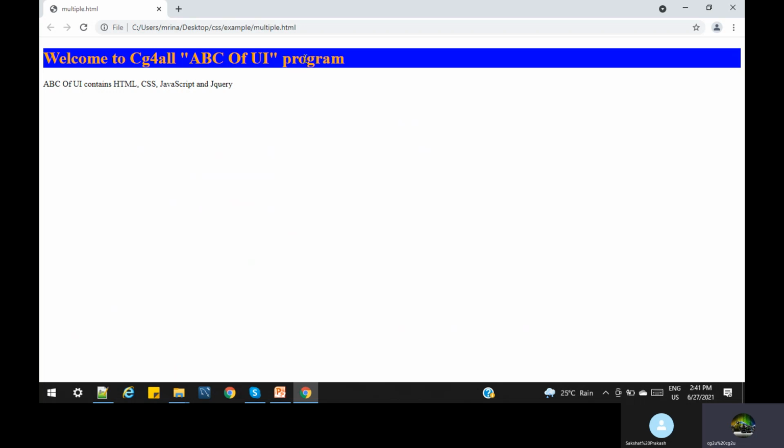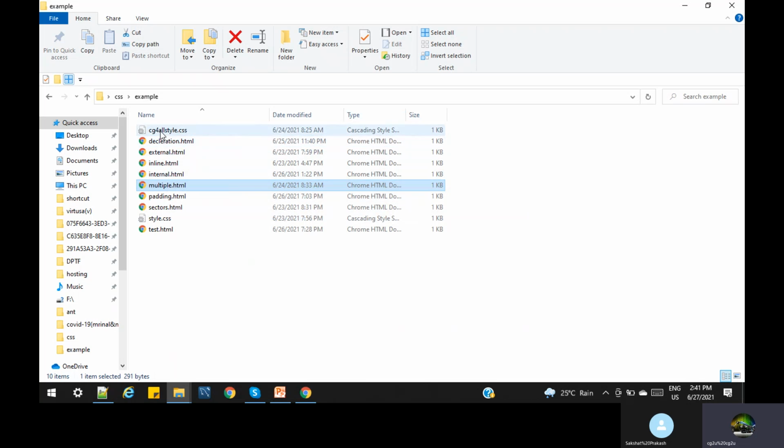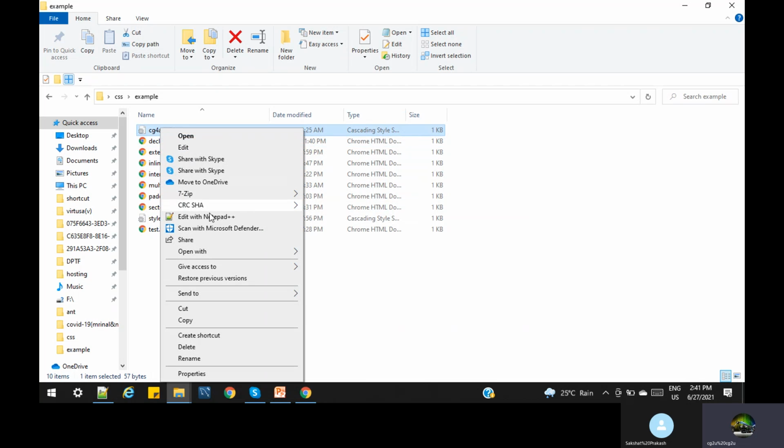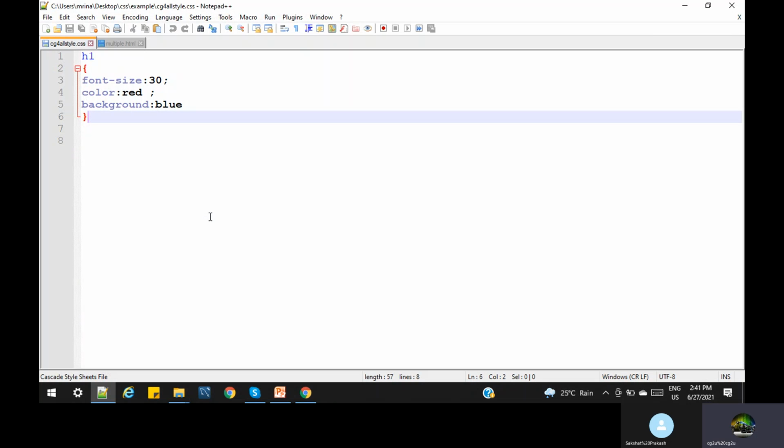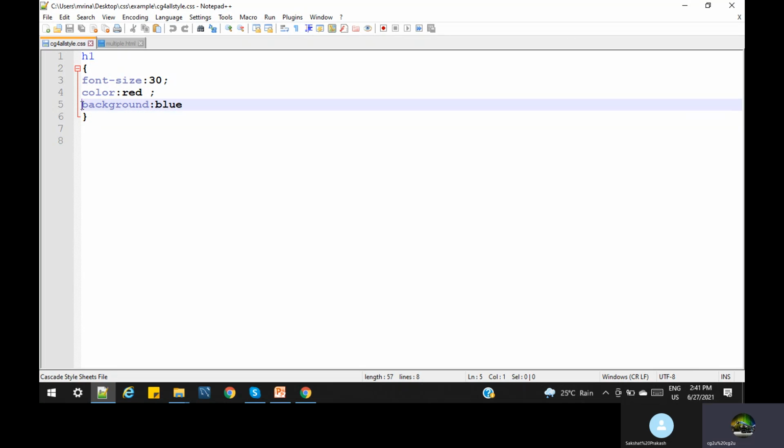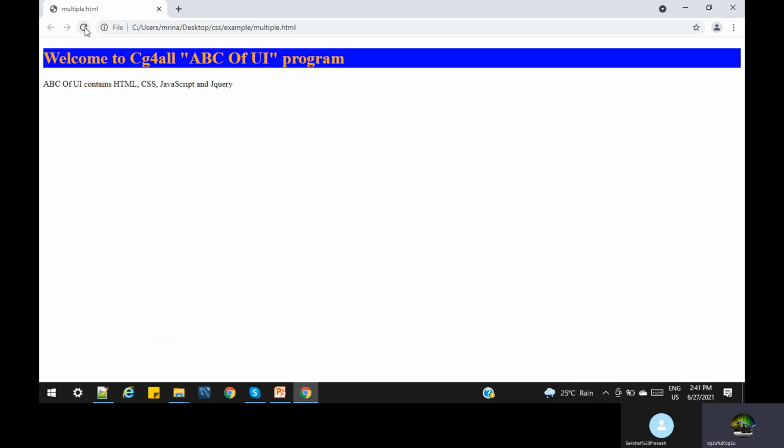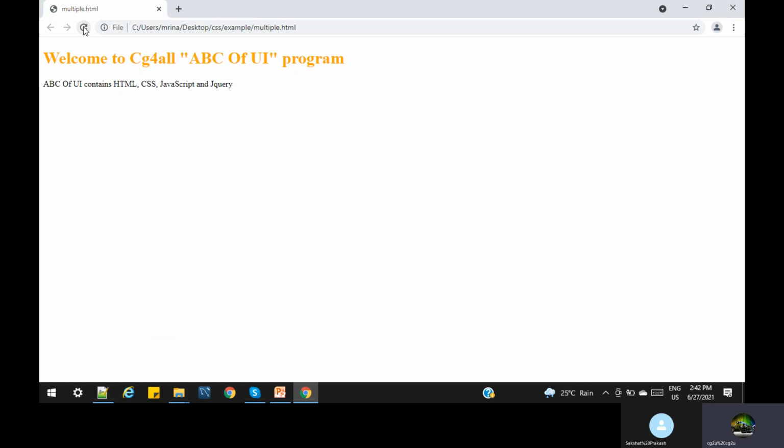Let's see this. The background color is blue, and that blue background color is coming from the style sheet, right? So let's comment out that line. The background color blue is coming from here. When I have commented this line, let's see how it works. So the blue color is gone, and now the orange color is there. That is a different story, which I will explain. But the comment line is working.